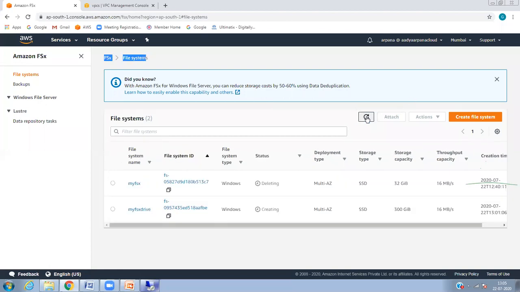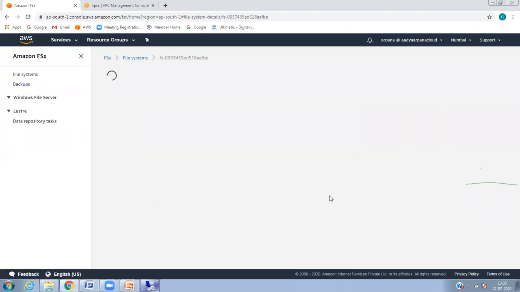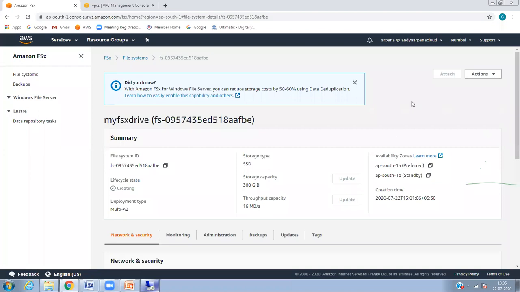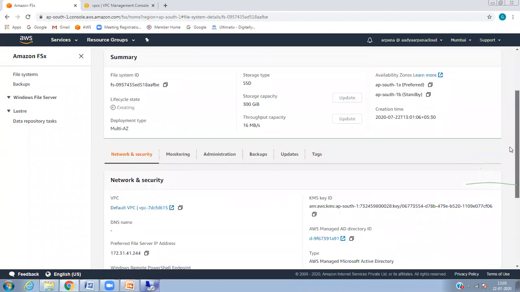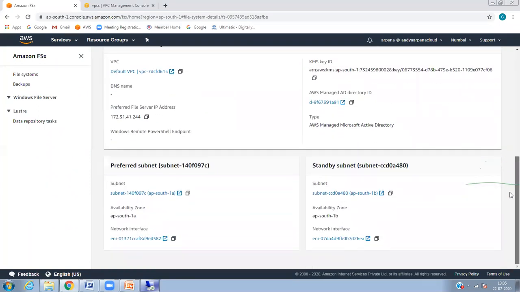As Yuvraj said, that is correct, because this will take time to create, the status is still creating, right? Basically, see how it will come to know: unless you get attached here, you have to get attached here. Without attaching, you can't get the drive letter.